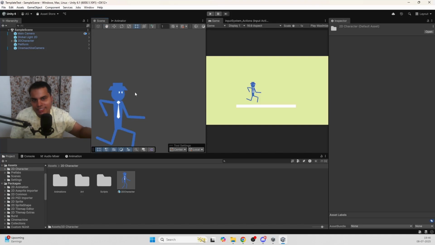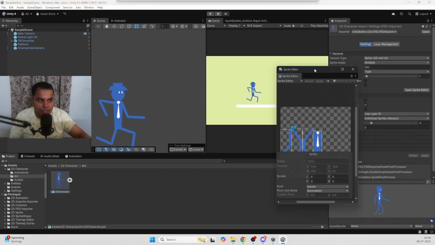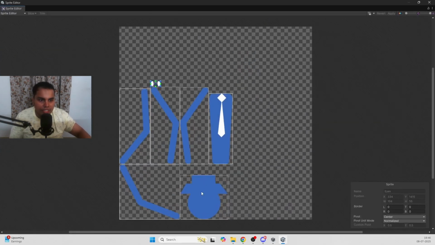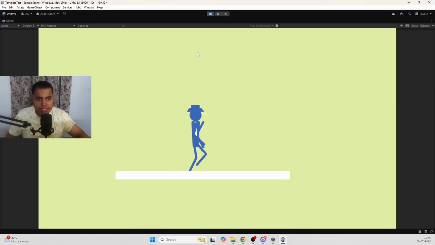That's all it is. Any changes that you make will be reflected on this template. You can double check by going to the sprite editor for this thing, open it up, and you can see it re-imports or resizes the layers based on whatever change that you make. But it is a good habit to double check within the sprite editor in case there are problems. There might be problems when it comes to weight painting. You see, there are problems here